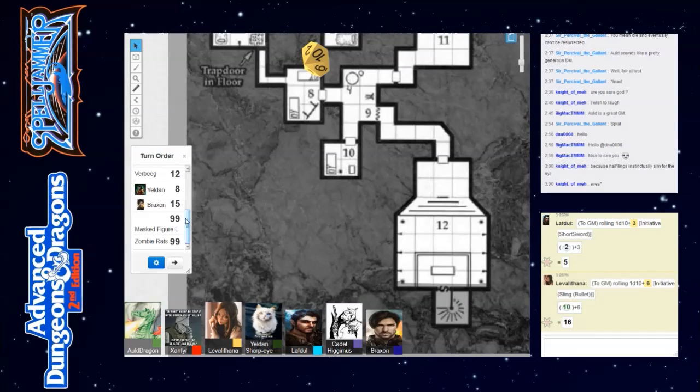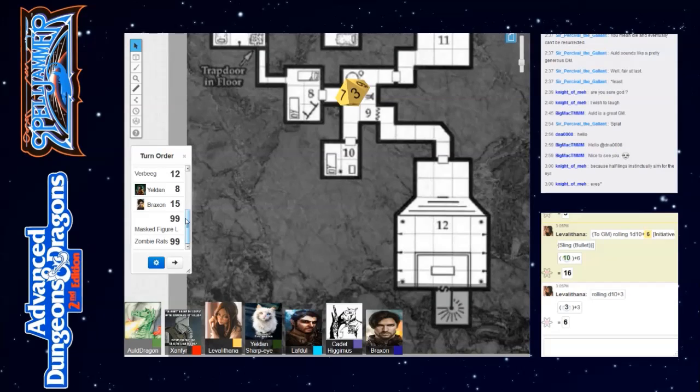Okay. Did we ever find out how many charges it has? I think it was like the mediocre amount. No idea. You'd have to cast detect magic on it then. Wow, that's really fast. I probably miss. I probably throw the holy water on top of myself. But you're probably also very angry at the loss of your sling, so...